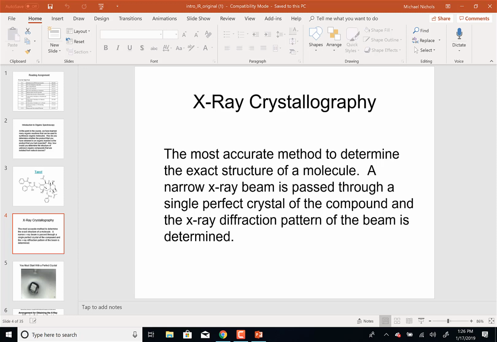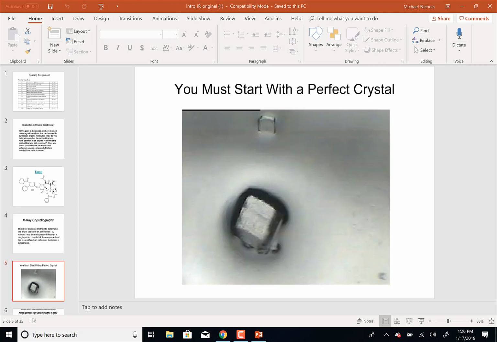So what happens in X-ray crystallography, just to give you an idea, is you have to grow a crystal. If that crystal at the top didn't have that small bite out of it in the corner, it would be perfect. Perfect shape, you can see through it. The one at the bottom I just don't think is in focus, but it's a little bit bigger. These are millimeter crystals. Okay.